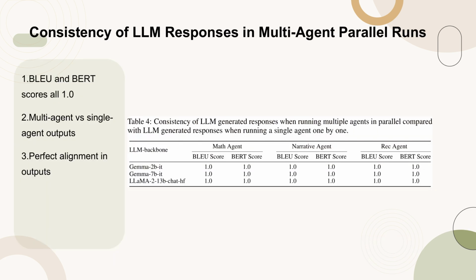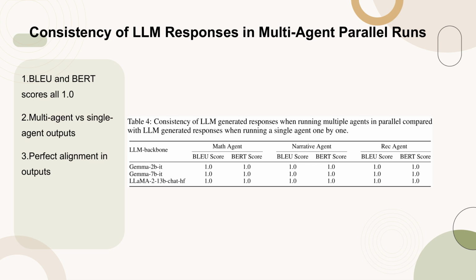Table 4 illustrates the consistency of LLM-generated responses when multiple agents run in parallel versus when a single agent runs sequentially. The table shows that both BLEU and BERT scores reach 1.0 for all agents, math, narrative, rec, across different LLM backbones, Gemma 2B-it, Gemma 7B-it, Llama 2-13B-chat-hf. This indicates a perfect match between outputs in multi-agent and single-agent contexts, confirming the design's effectiveness and supporting concurrent multi-agent